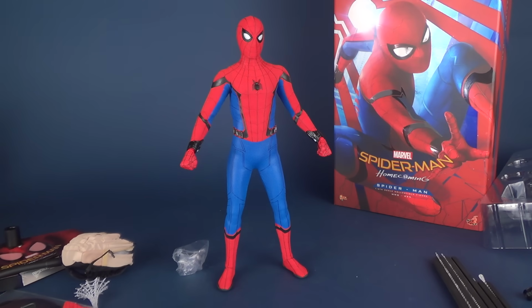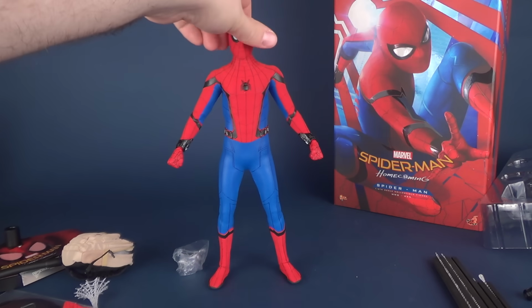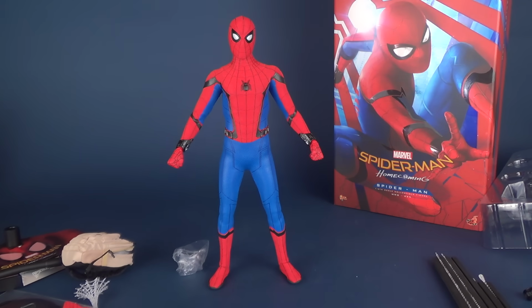So, that is just my initial thoughts of the Spider-Man Homecoming Spider-Man 1/6 scale collectible figure. Of course, we're going to get into a more in-depth review of this guy hopefully fairly soon. I don't want to wait too long, but I did want to just do my initial thoughts of this guy, as he's now hitting the market. Today in this unboxing video, we were having a look at the Hot Toys